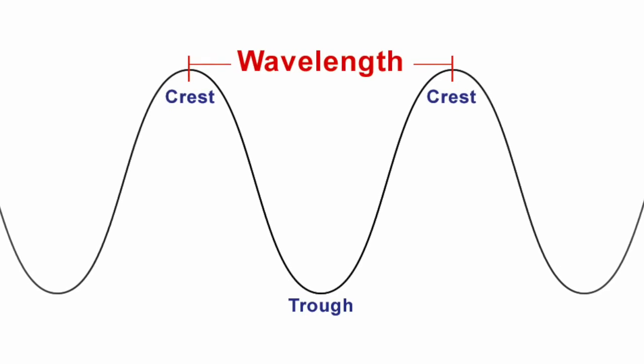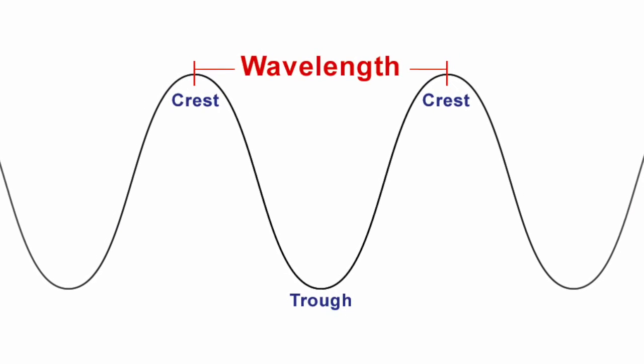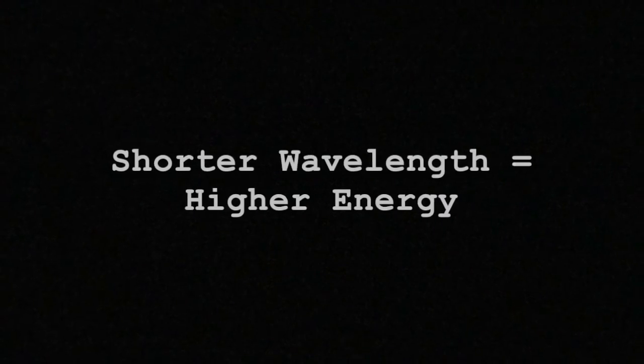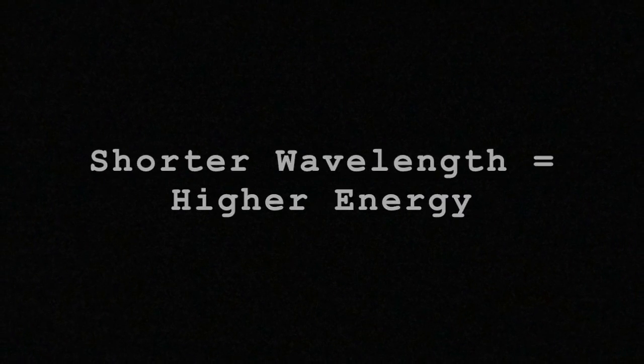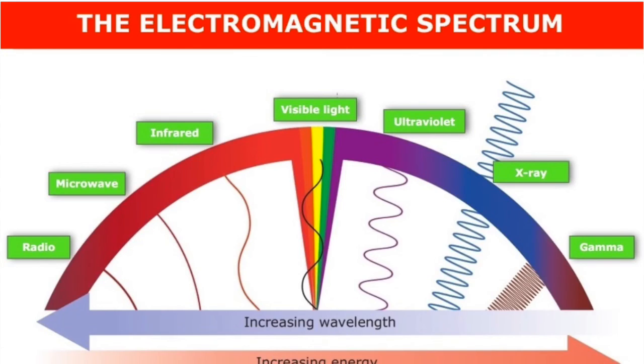A wavelength is the distance from the top of one wave to the top of the next. The shorter the wavelength, the higher the frequency, and vice versa. Also, energy has a tie with the wavelength, where the shorter it is, the more energy it contains. The sun produces lots of different wavelengths, which form the electromagnetic spectrum, going from the smallest gamma rays to the